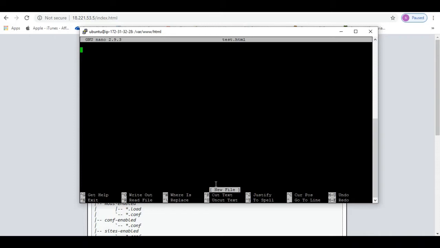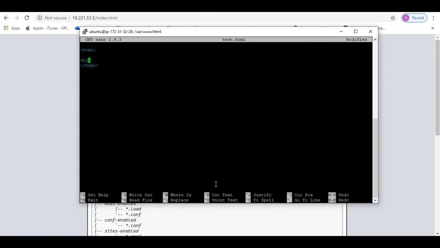In this new window I'll be writing some very basic code. I'll open the HTML tags, and then close the HTML tags, and then insert a heading here, just so that I can show you the process of how it's done.